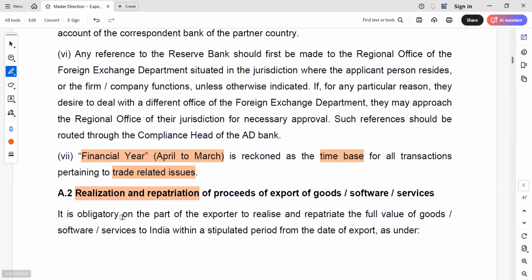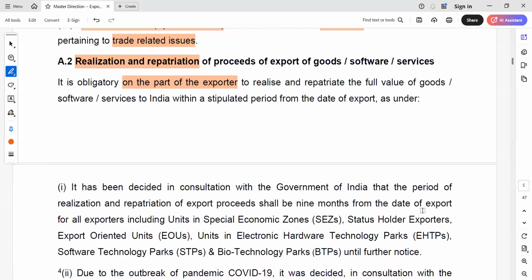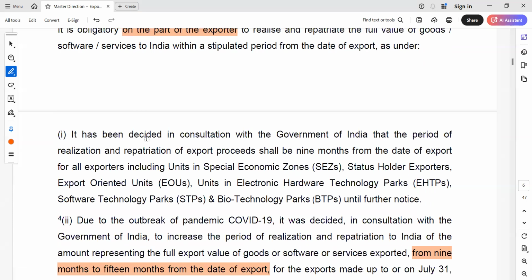So let's say it is obligatory on the part of exporter to realize and repatriate the full value of goods or software services to India within a stipulated period. तो फ्रेंड्स आपको पता है जो भी एक्सपोर्ट है वो एक पर्टिकुलर टाइम के अंदर जो है उसका पेमेंट आ जाना चाहिए। सो व्हाट आर द गाइडलाइन, लेट्स सी। इट हैज बीन डिसाइडेड इन कंसल्टेशन विद गवर्नमेंट ऑफ इंडिया दैट द